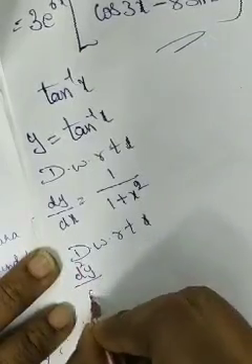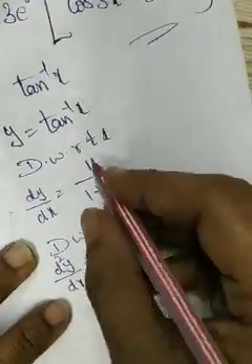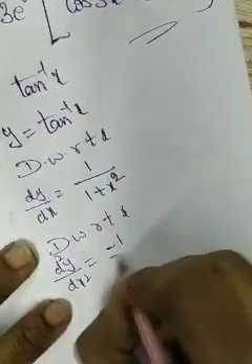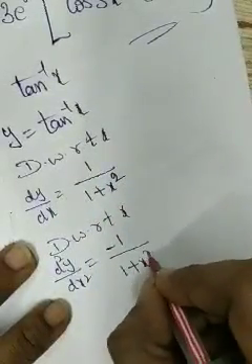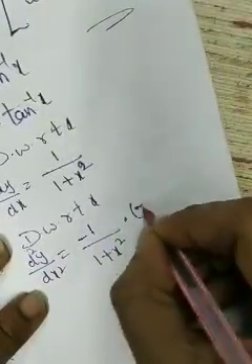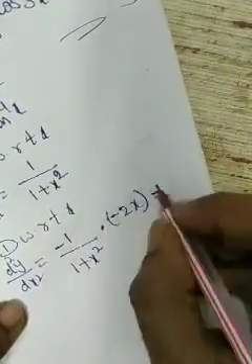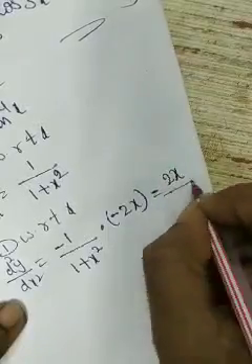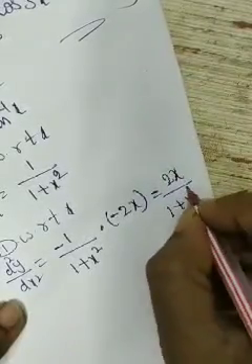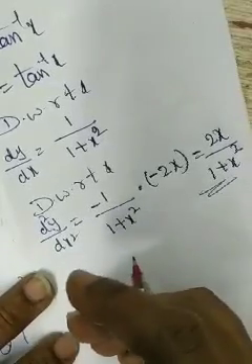So it becomes d square y by dx square equals, assume the question as 1 by 1 plus x square. What is the x square derivative? Minus 2x, which is equal to minus minus gets cancelled. 2x divided by 1 plus x square is the required answer. Next,